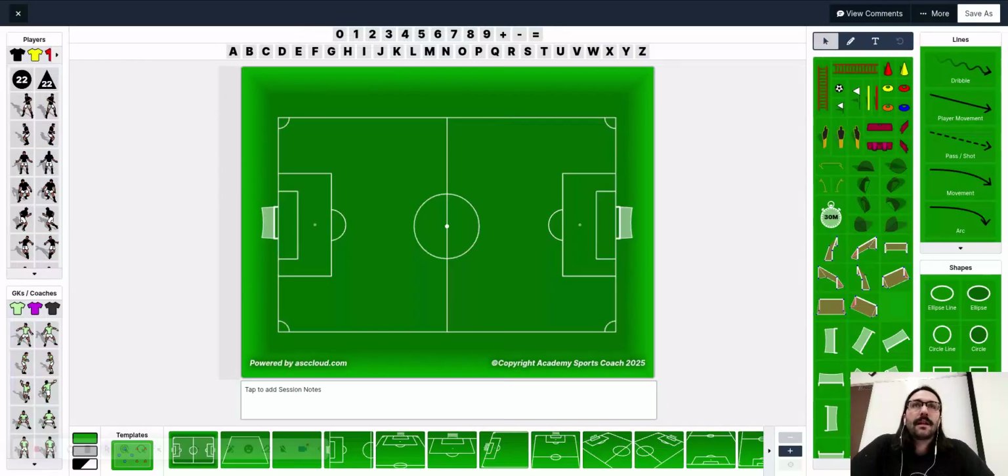I want to talk about a session that I've designed today for working on game situations. What I'm going to be using today is the play, practice, play model that's taught by the USSF, if you take any of their courses, the E, F, D license, things like that. I think the E is just now a grassroots license.